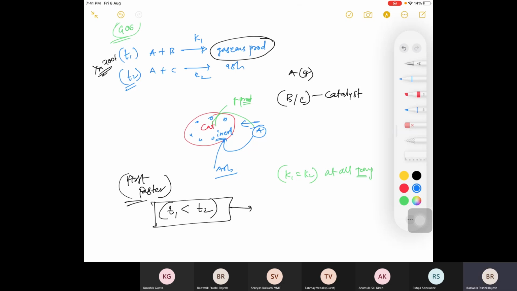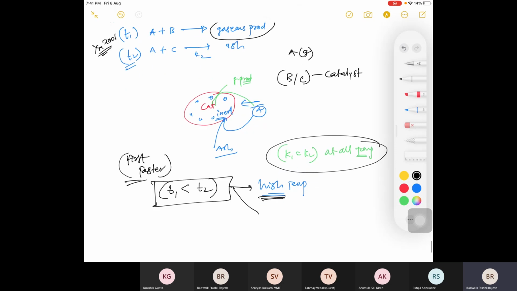So everywhere it is given at high temperature. Okay. So you can have this T1 less than T2 at high temperature. By the way, there is no effect of temperature, right? Because it is given that K1 and K2 are not changing with respect to temperature. That's why you will be having this. Even if it says T1 is less than T2 at low temperature, that will also be fine. Just you need to check this time. Okay. So this was asked.